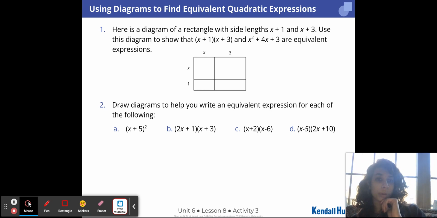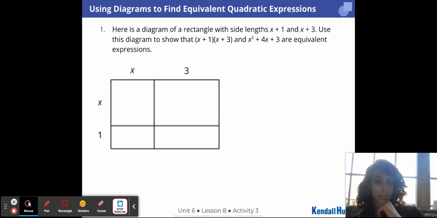And so here's a diagram of the rectangle with side lengths x plus 1 and x plus 3. Use this diagram to show that x plus 1 times x plus 3 is the same thing as x squared plus 4x plus 3, that they are equivalent expressions. And I want you to do the same thing for the equivalent expressions below. So, first example,